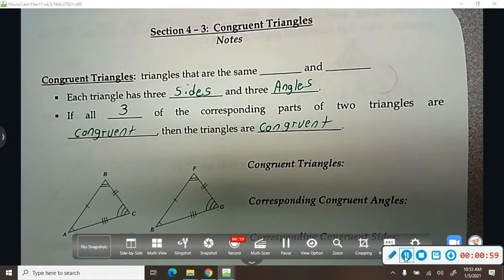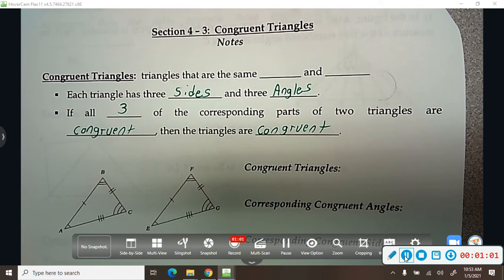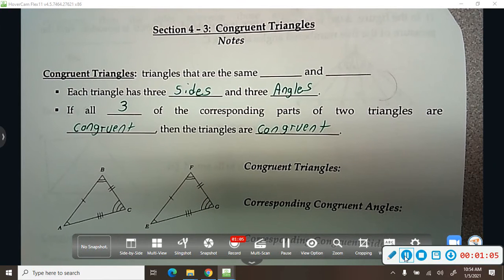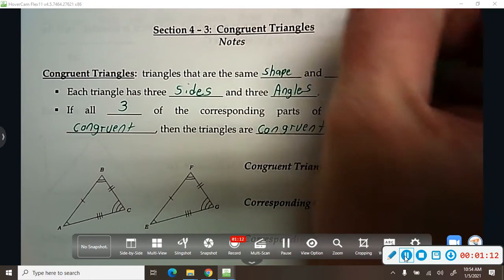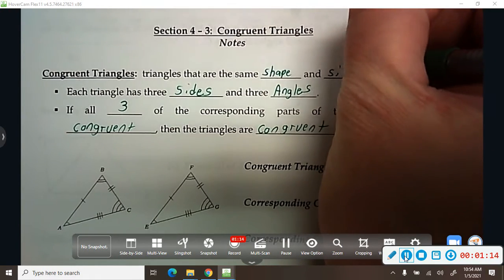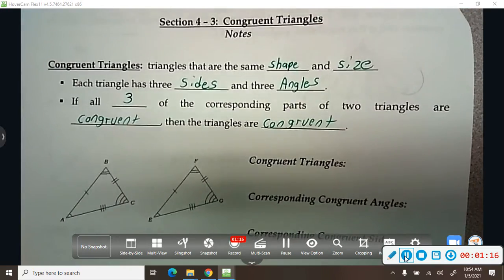And what do I mean by congruent? We call triangles congruent if they're the same shape and size. So long story short,